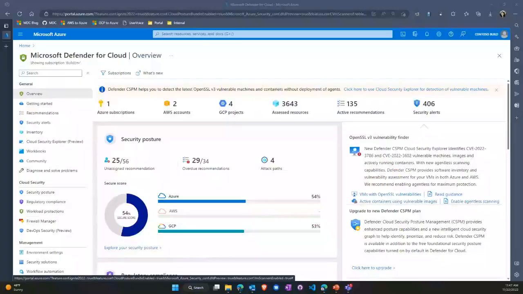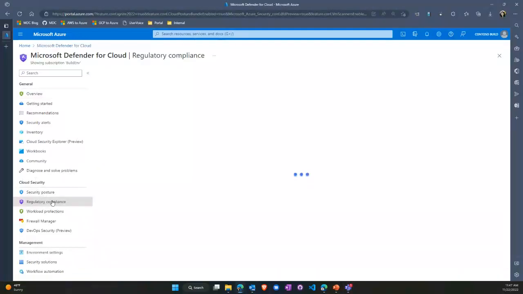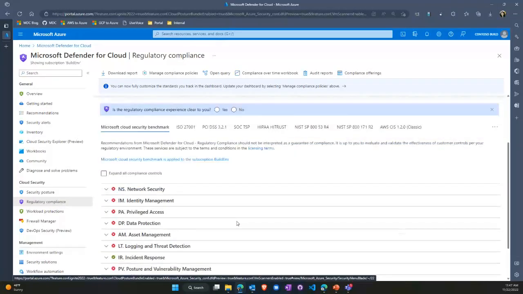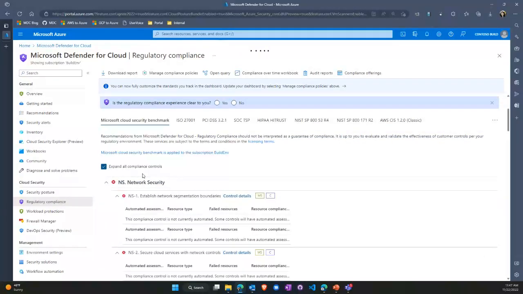So quickly, I do want to cover the regulatory compliance experience within Defender for Cloud. As you can see here, I am in the Defender for Cloud overview. If I scroll down a little bit under cloud security, there is regulatory compliance. Here, I mentioned earlier that we do have separate standards for AWS and GCP, but let's focus on the changes we've made within Microsoft Cloud Security Benchmark. If I go ahead and expand all of these compliance controls,